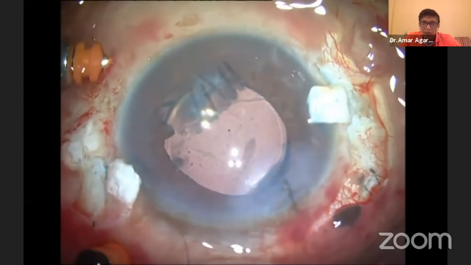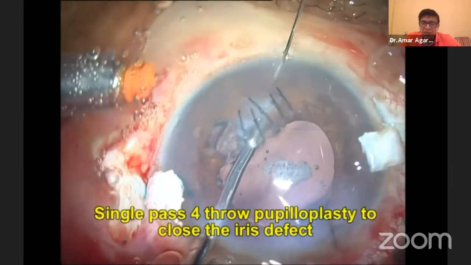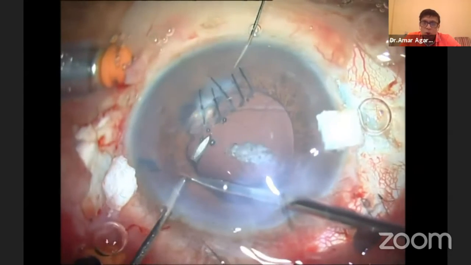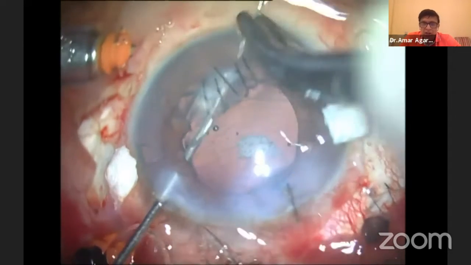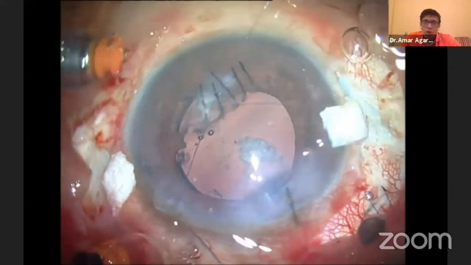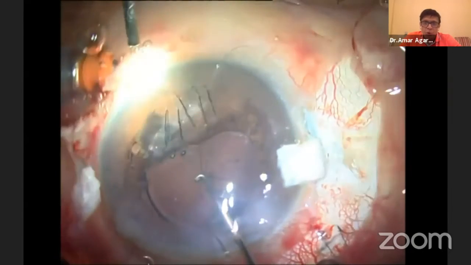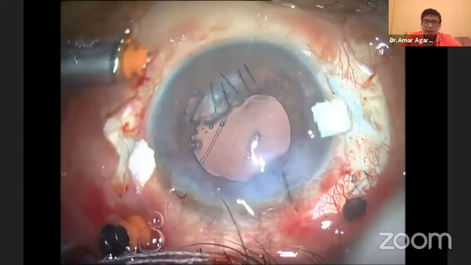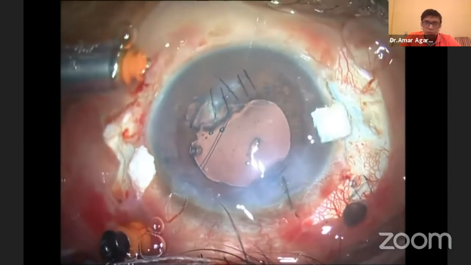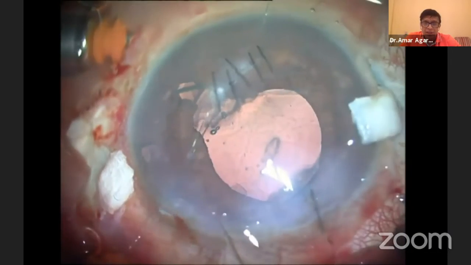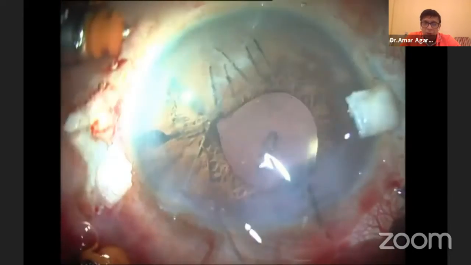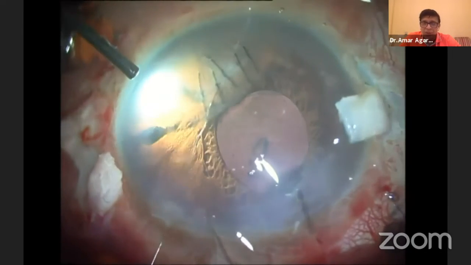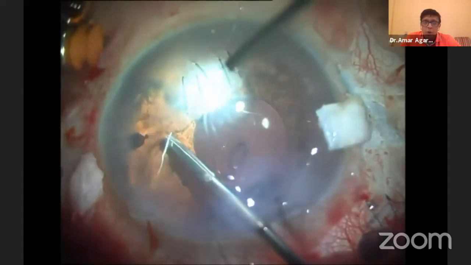Now, once you have done that, obviously there is an iris defect which must have been created by the foreign body itself, because it went through and through, not only this, it created that mess in the iris also. You just close up that with the Fourth row pupiloplasty. And finally, you will have to end it with an endolaser on the retina, because there is a retinal break there, and you saw the retinal detachment also present there. So we will do a fluid air exchange, drain the subretinal fluid, and do an endolaser to complete this case.